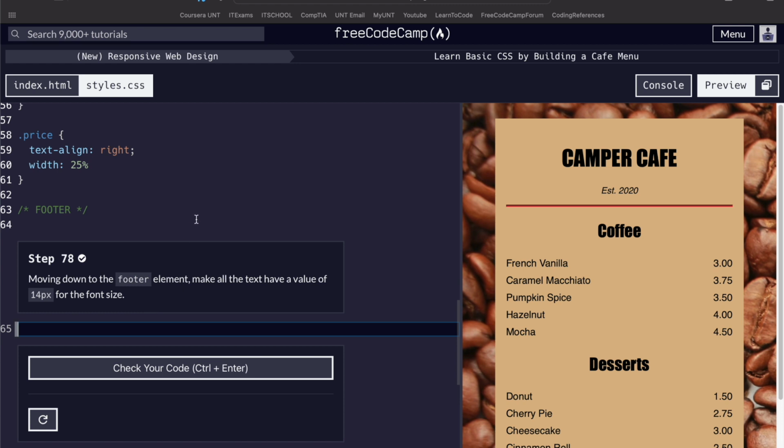Step 78, moving down to the footer element, make it have all the text value 14 pixels. Okay, so